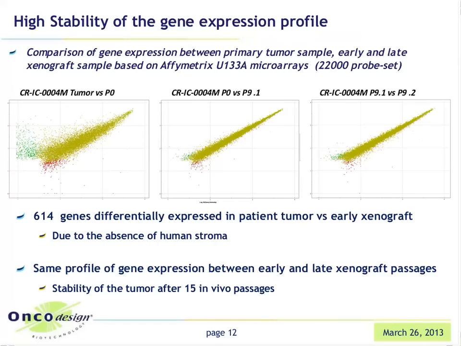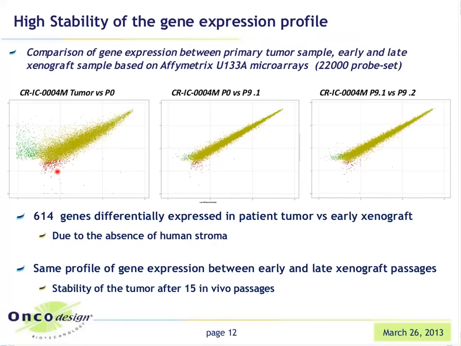When you go further in the molecular characterization, you can study the gene expression profile, and here we compare the expression between the different samples using an Affymetrix microarray. On the first graph, we compare the patient tumor versus the first passage engrafted on the mouse models. For most of the genes the expression is very similar, and there are a few genes, about 600 genes, where we can observe a slight difference, and all of them are usually correlated with the human stroma, which makes sense because